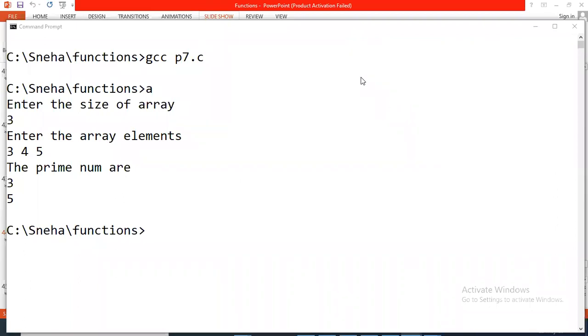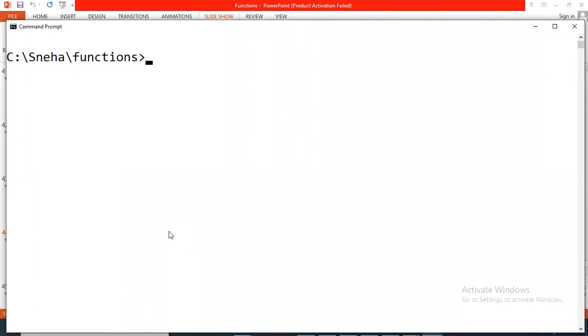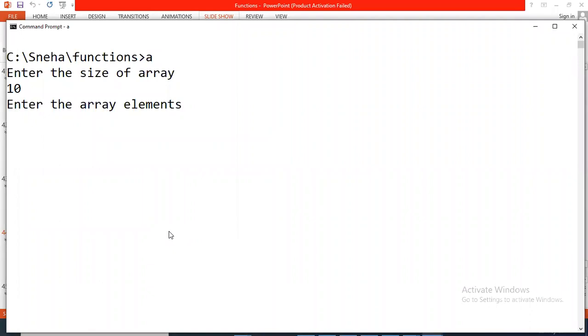Let us see one more output. So here I will just say we give 10. So this is what we have. For example, I have given the same thing there as well. So here we have 10 elements. Out of this, what is the output? Predict the output of this program, of this input given here.